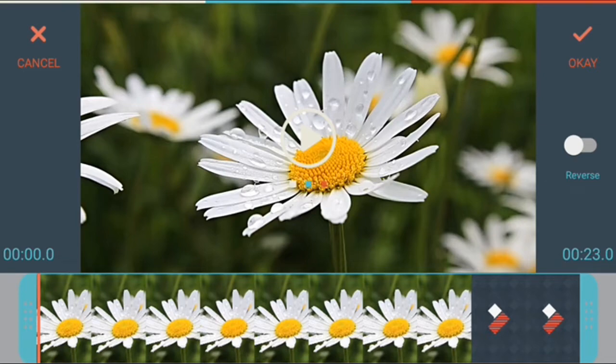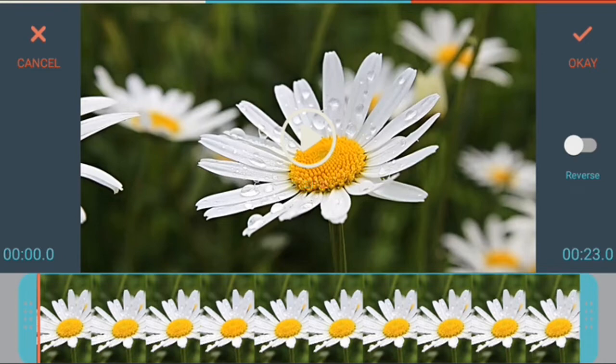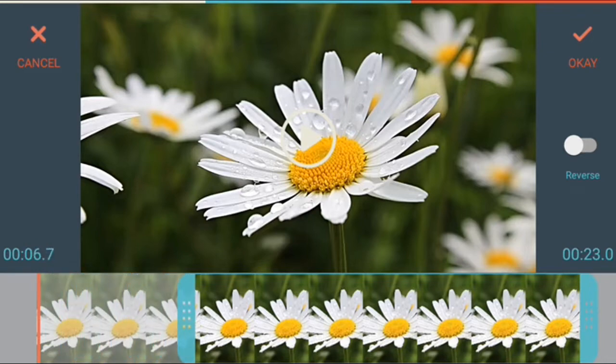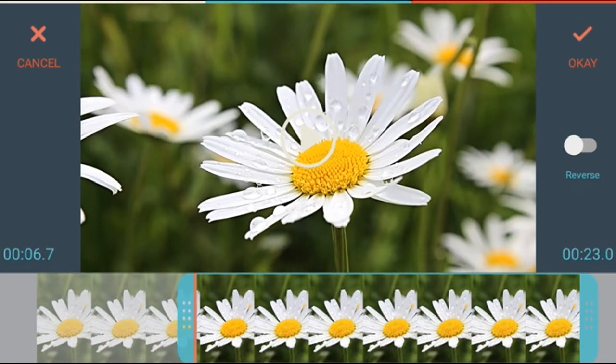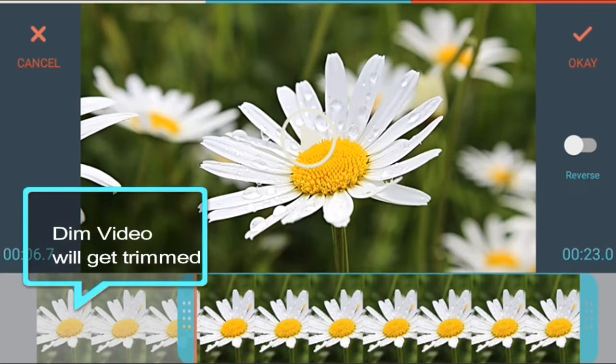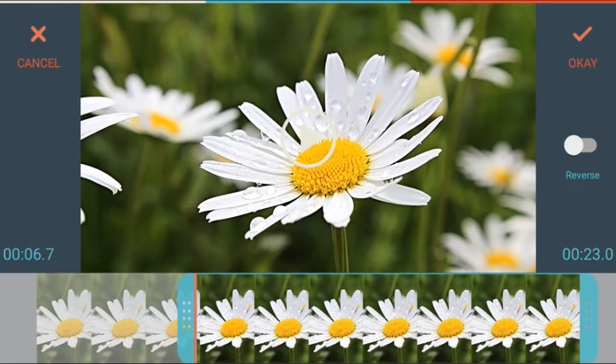Suppose if you want to trim or cut a portion of this video clip, then you need to slide this slider. Now the difference you may notice is the dull part of the video will be trimmed or cut off from the original video clip.